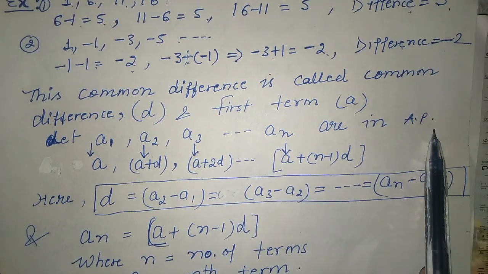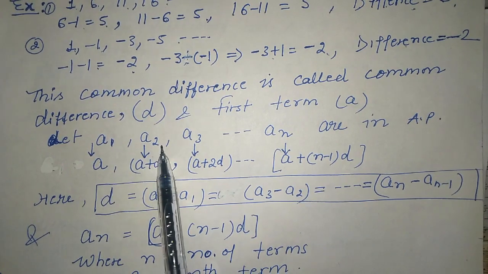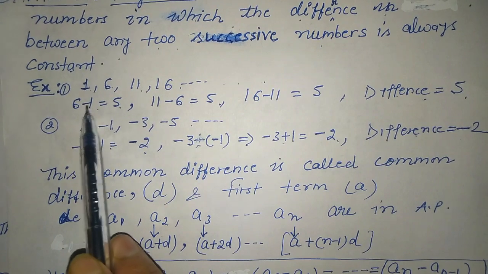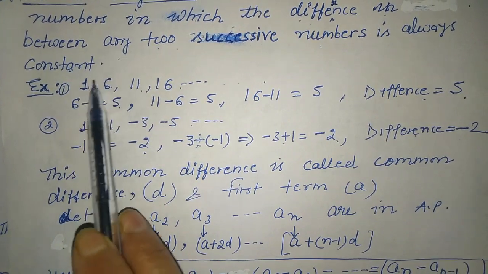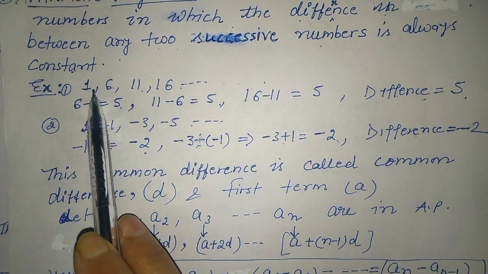These are in AP. So A1 is A, the first term. A2 we get because we are just finding the difference here, so the next number we get